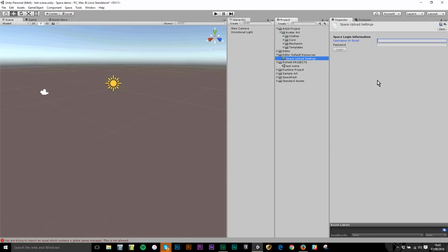So I'm putting in my username, which was RowanTestAV4, and my password, and I log in. And because this is the first time I've logged in with this new account that I've created, I'm being asked to add my real name, the name of my business if I have one, which I do, and my address,